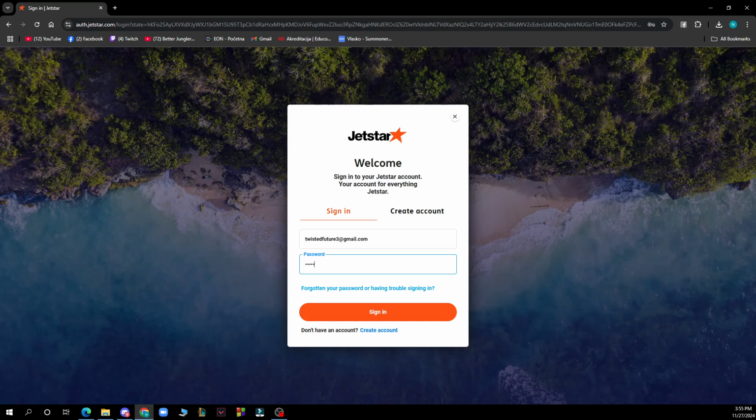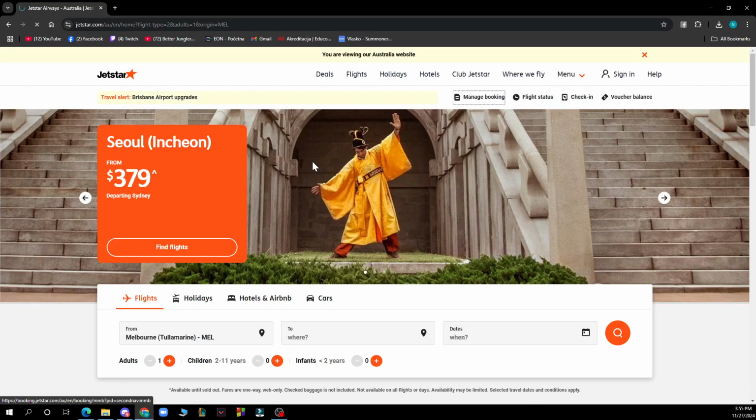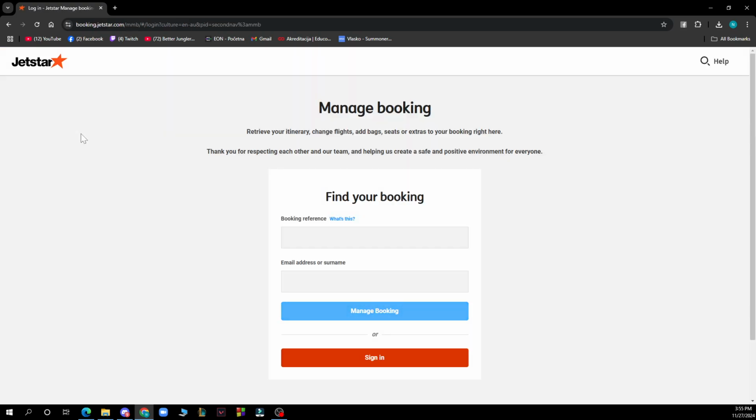that. But now when you go and sign in like this, you need to go and click on the manage booking option, which is here, as you can see. Click on manage booking. Then select the option to add meal. So firstly, you need to go and put your booking reference and of course your email or last name to